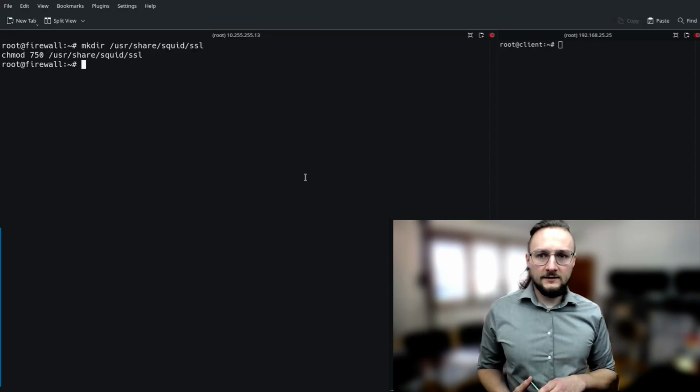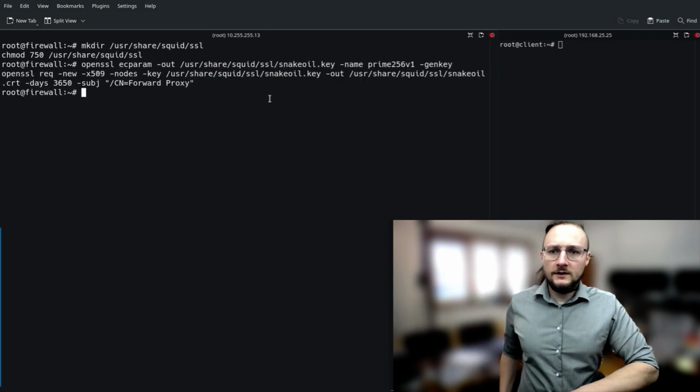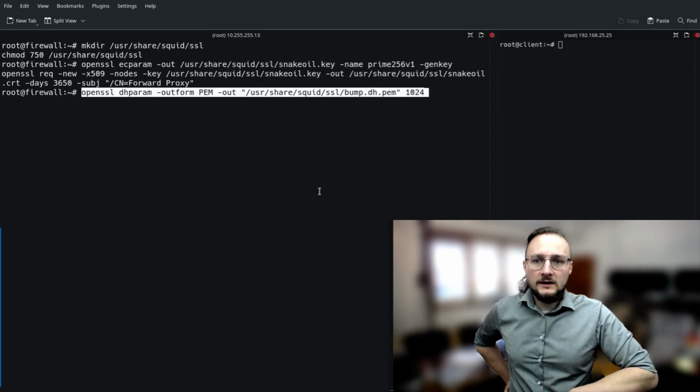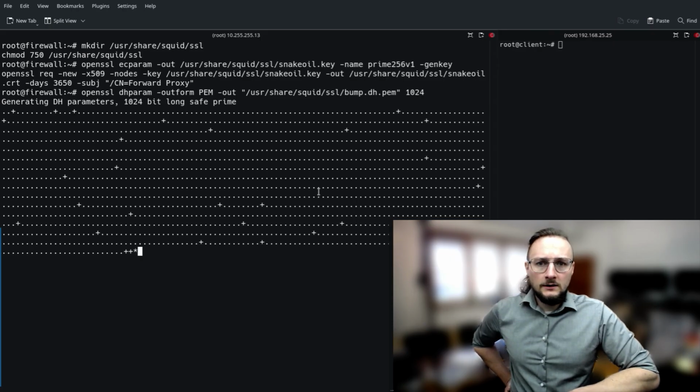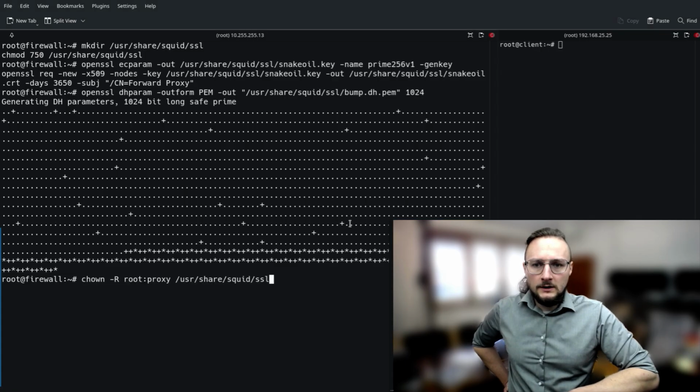We'll call it SSL and change the privilege on it so other users cannot read its contents. Then we will create a snake oil, some self-signed certificate just as a placeholder, and a Diffie-Hellman key can be used by the Squid. Then we'll make sure the proxy can read those certificates,